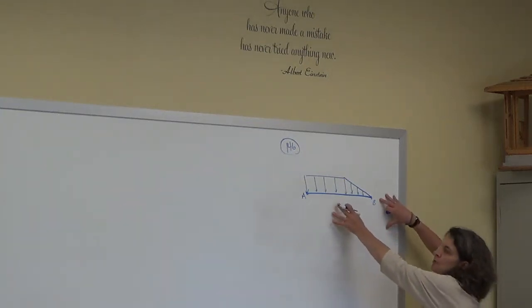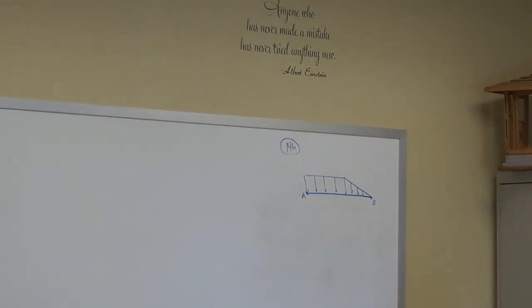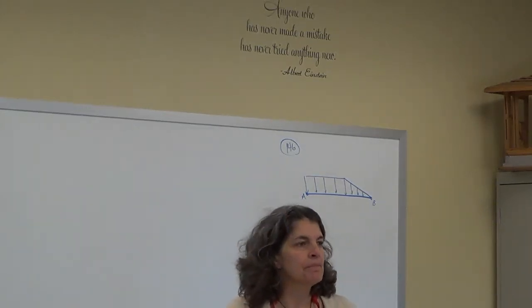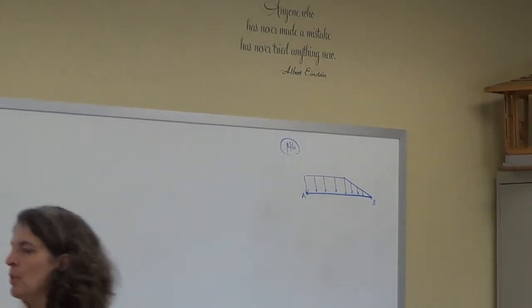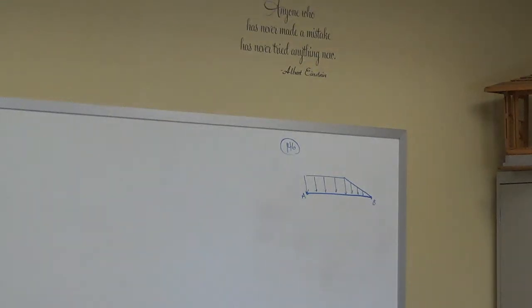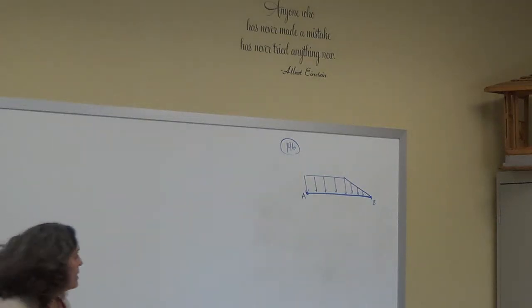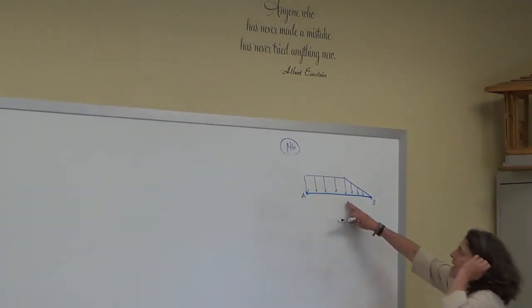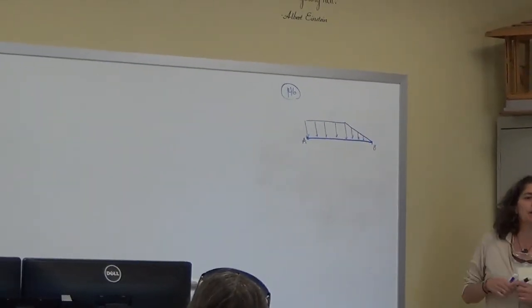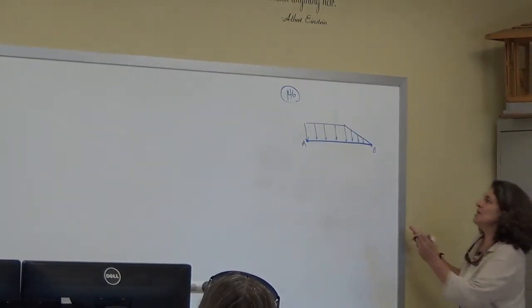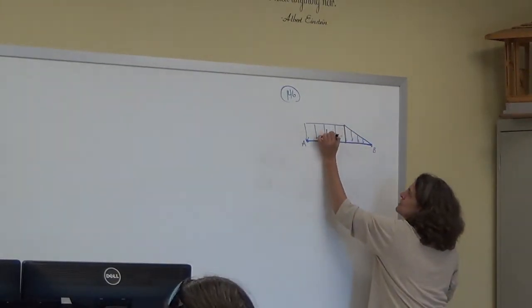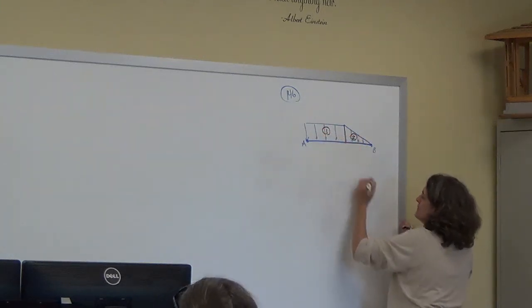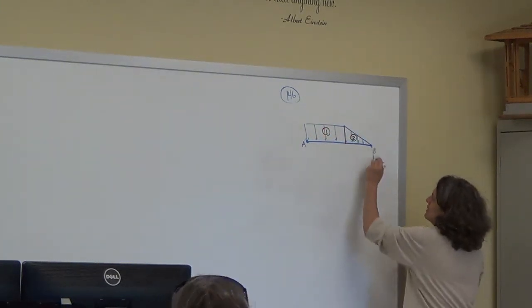So if you have a distributed load problem, how do you handle it? What do you do to the distributed load? You turn it into point loads, right? So how would you divide this if this is a rectangle and a triangle? Two parts, divided into two parts. So this is 1 and this is 2, right? So if I were to draw this down,